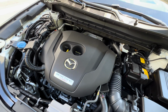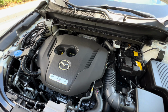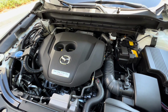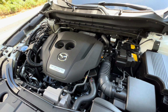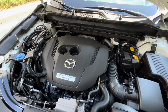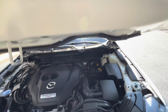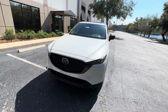Alright guys, that was the sound of the 2.5 liter turbocharged 4-cylinder sold by Mazda for the 2024 CX-5 Turbo Premium. It sounds okay, but it makes a very healthy amount of power at 256 horsepower, or 250 horsepower for the CX-5, and 320 pound-feet of torque with premium fuel. If you go with regular fuel, you're going to drop down to 227 horsepower and 310 pound-feet of torque. It's mated to a 6-speed automatic transmission. You can expect 0 to 60 in the low 6 second range, making it a no-joke performer, especially with a